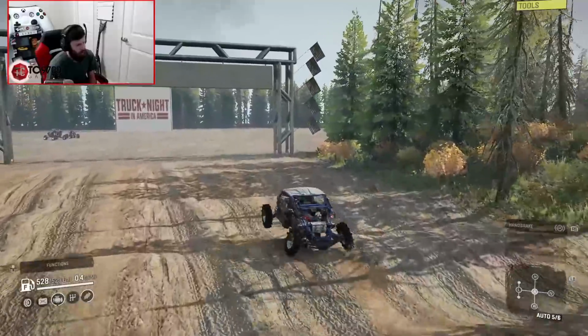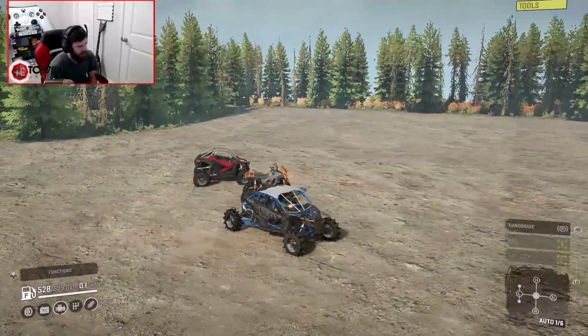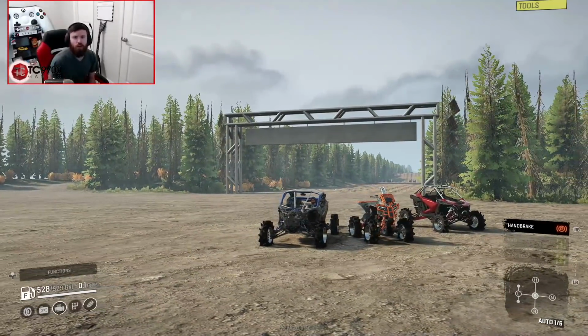It's fine through the whoops, though. Way better than the quad. The quad was by far the worst through the whoops, but it made short work of the rocks because of the short wheelbase. So if you guys enjoyed this comparison test, let me know in the comment section down below